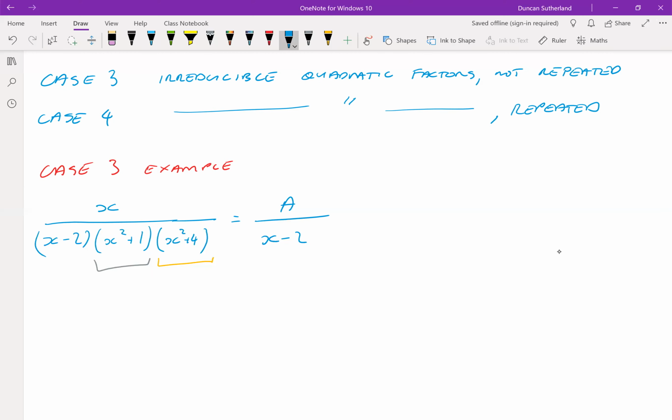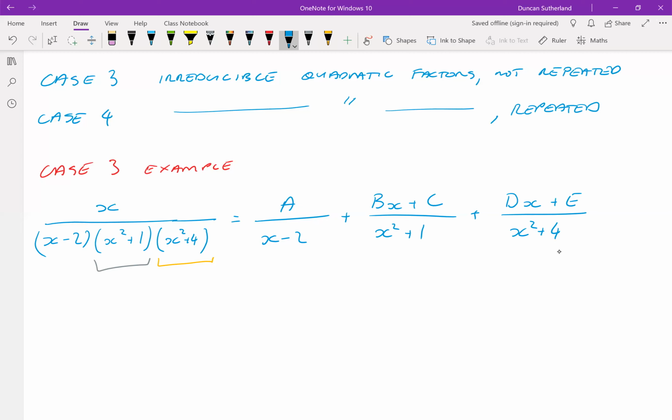So that's just stock standard, that's a normal happy linear factor. Here's our first irreducible quadratic factor. You introduce an x in the numerator. And for the other irreducible quadratic factor, we're up at D, you introduce another linear numerator essentially. So you end up with another constant. You're going to end up with 5 unknown constants, A, B, C, D, and E,